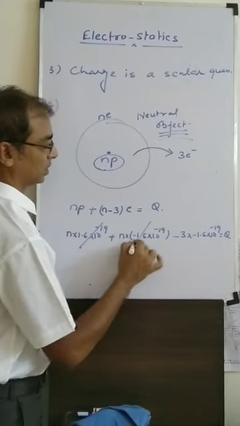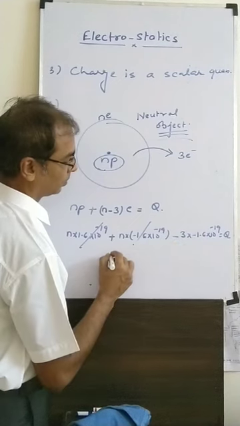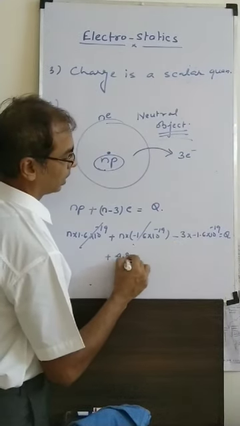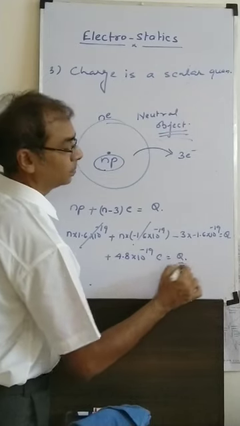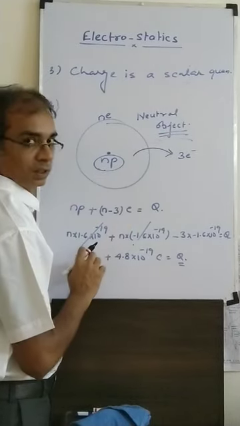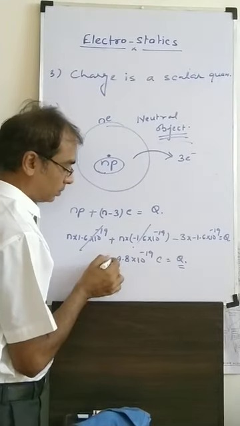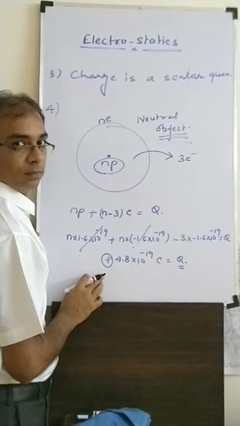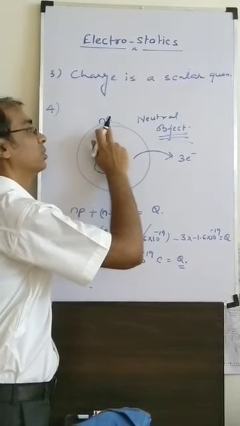Now see that this and this get cancelled. So what charge are we getting? Minus into minus, that means plus. Plus 4.8 into 10 to the power minus 19 coulomb is the charge on this particular object. So if you are taking the electrons out, we are getting what charge? Positive. Why? Because now the number of protons has become more than the number of electrons, because you took